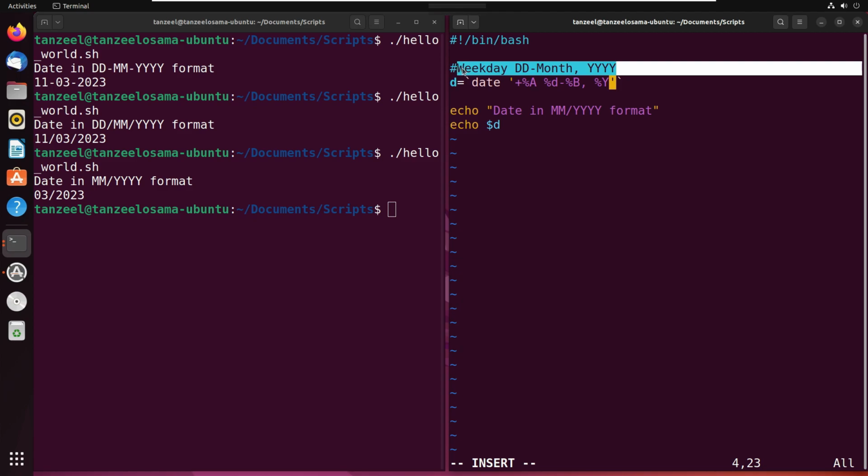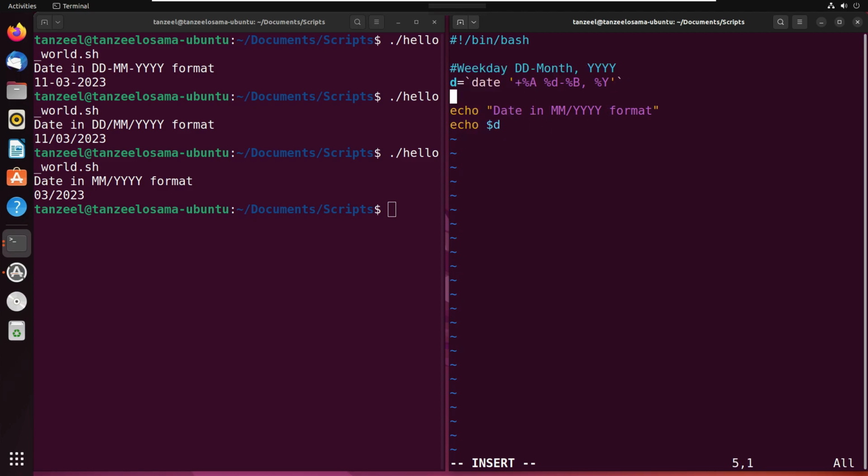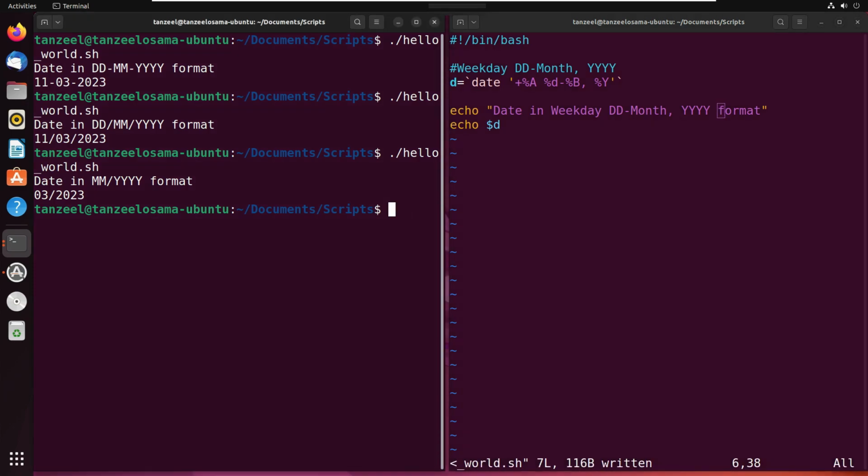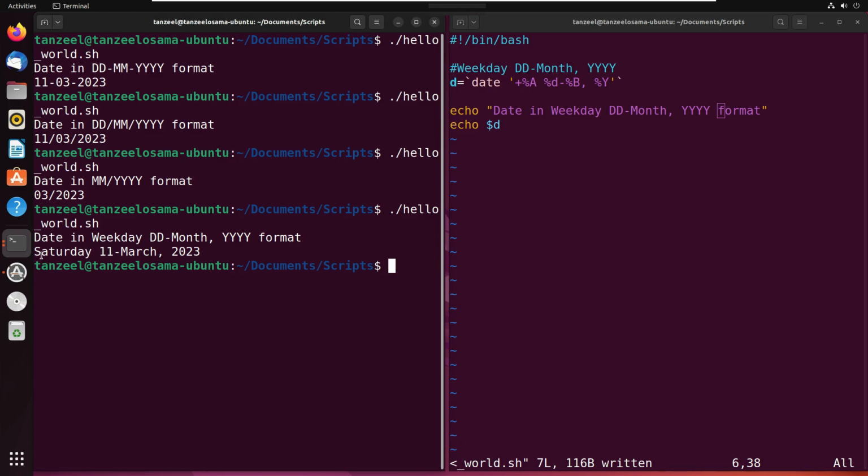Let me copy this also, and I will try to paste it like this. Alright, let me save it. Now we can run it, and you can see we have the date in weekday, then DD, then month, and then finally YY format. So that's exactly what I wanted, and this is how we can obtain such kind of